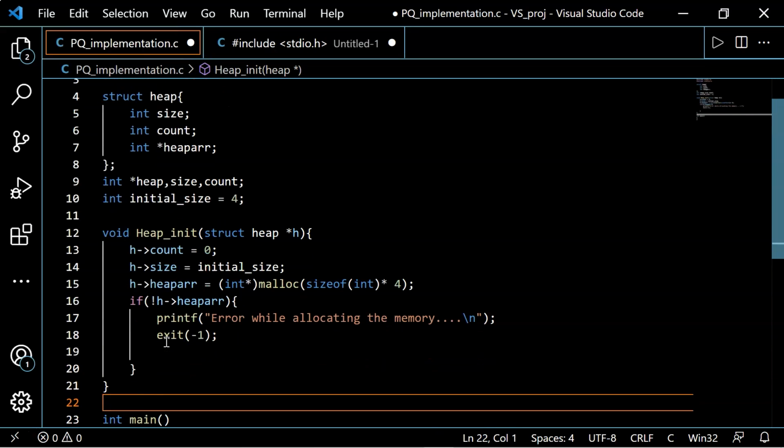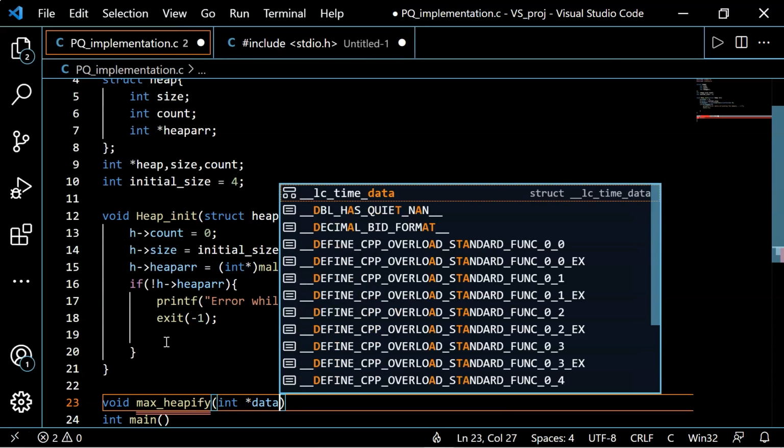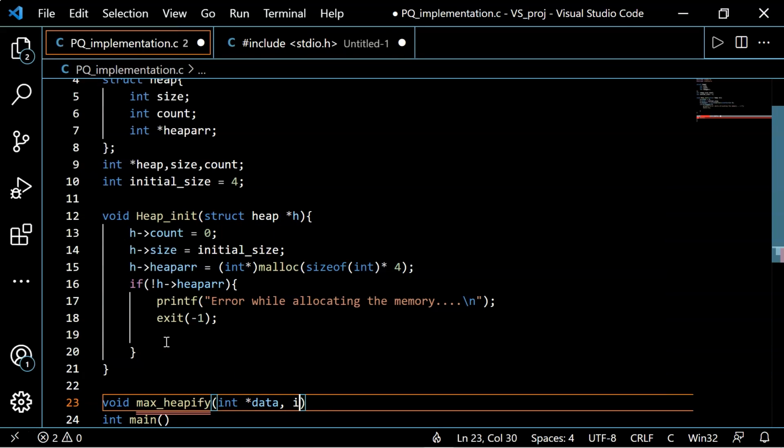Okay, with this we have successfully implemented our heap init function. Now moving ahead, let's implement the heapify function to move the nodes. For that, we'll create a heapify function: void max_heapify(int *data, int loc, int count).